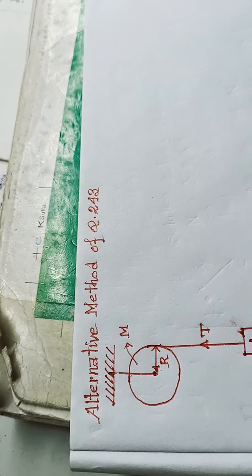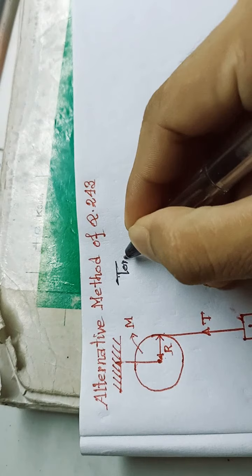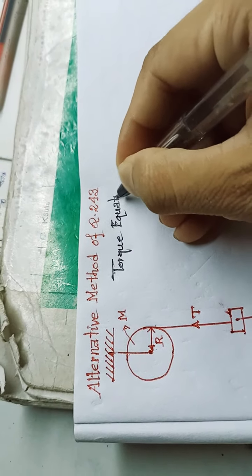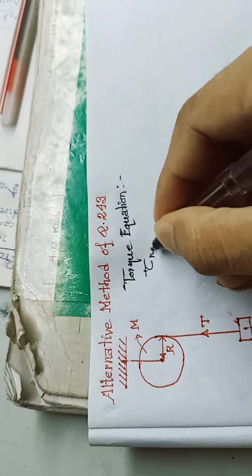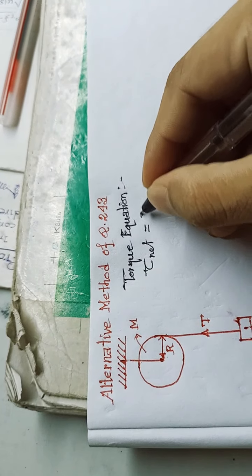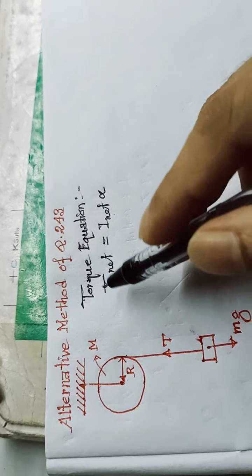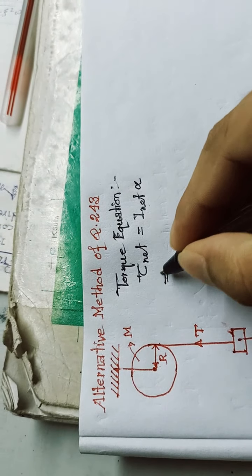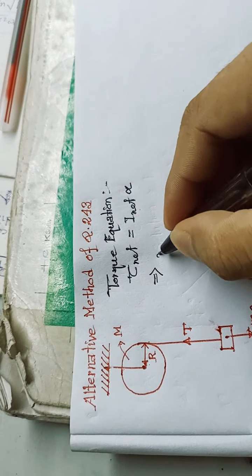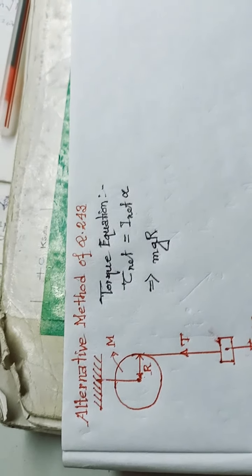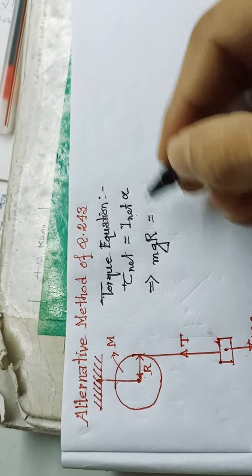So the equation of torque: net torque will be equal to I net into alpha. This is the torque equation. Now net torque equals mg into r. This is our net torque. That is equal to the net moment of inertia